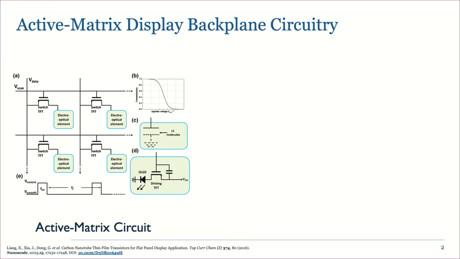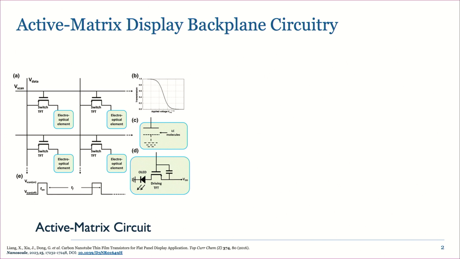So essentially, a display is just a grid of pixels. Typically, for LEDs, they're just diodes, and for LCDs, or liquid crystals, you can model those as capacitors. But most of the displays that we interact with are active matrix displays, which means that each of those pixels is individually driven by a transistor or a simple driver circuit, which controls the pixel. And you have digital circuits on the periphery of the display, which interact with the driver circuit, which then sends a large amount of current, or however much current is needed,